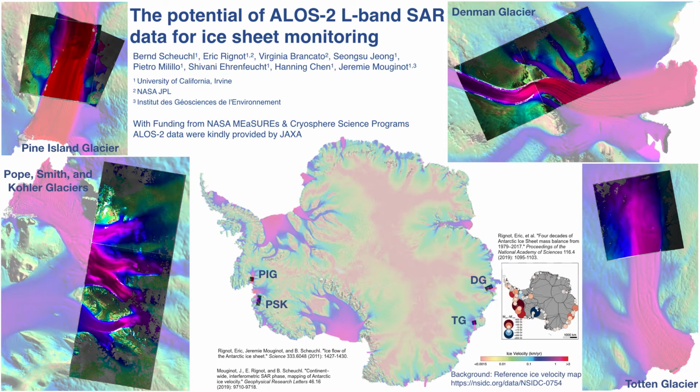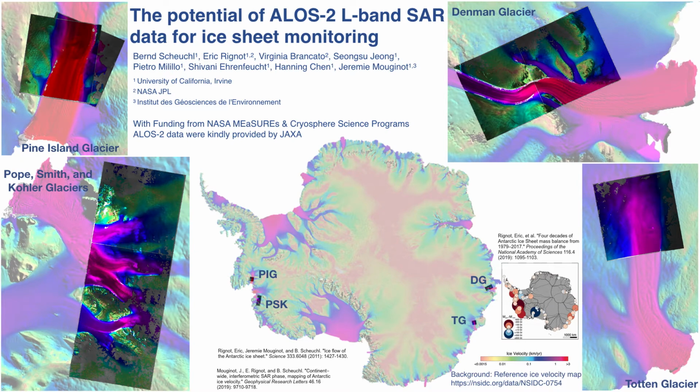ALOS-2 PALSAR-2 is an L-band SAR mission with a repeat orbit of 14 days. Stripmap data are available in limited amounts to principal investigators for scientific exploits. The challenge is that the mission adheres to a background observation scenario that does not include frequent interferometric observations in Antarctica. So we worked with JAXA to identify a number of target sites where, on a best effort basis, interferometric